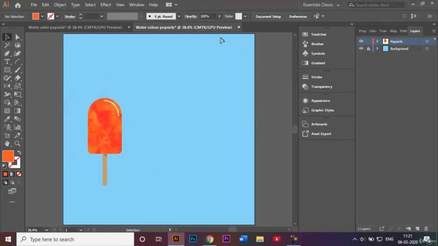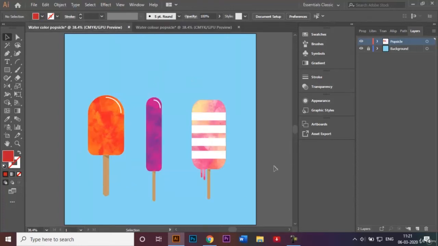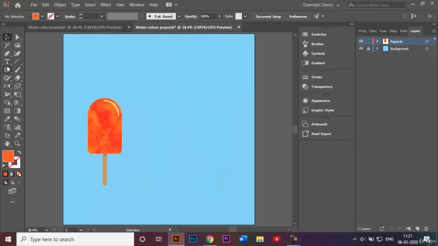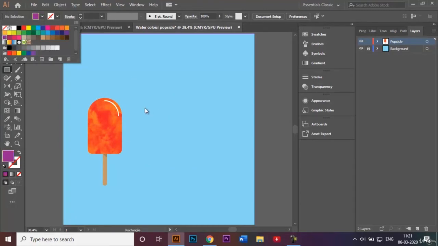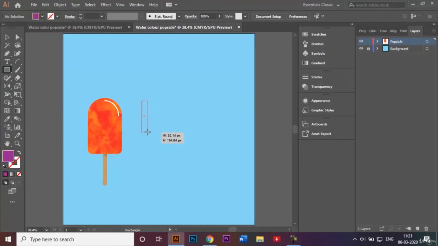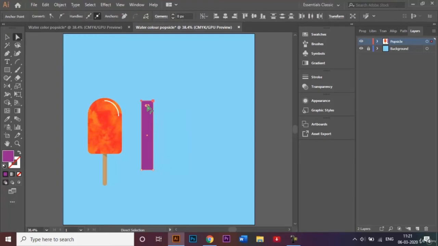Now I'll be repeating the same process but with different shapes, and the watercolor texture is going to be different as well. Right? So I'll make the second one as well. I'll go back to the rectangle tool again, and this time I'll be changing the fill to this purple color and make one popsicle rectangle like that. Use the direct selection tool and I'll just select these two anchor points, round them off. Select these two anchor points and just round them off a little